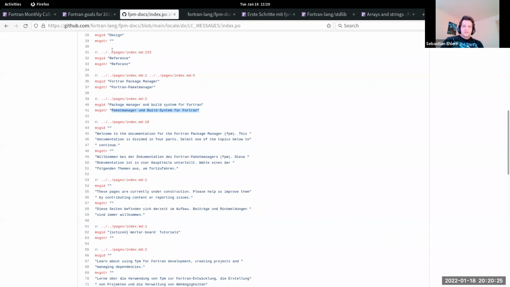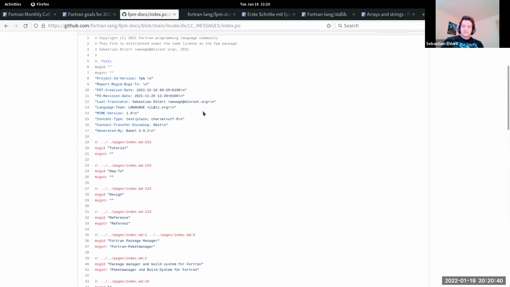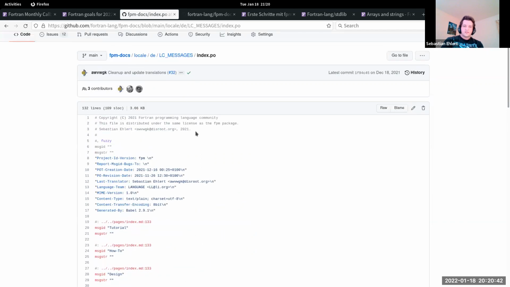And if you don't enter a translation, then the original is used. And there's quite a good toolchain built around those PO files. There are a couple of editors where you can actually load this file and edit it interactively in a GUI. You can edit in a terminal editor. Vim and Emacs have support for those. I think this is the best we can get.